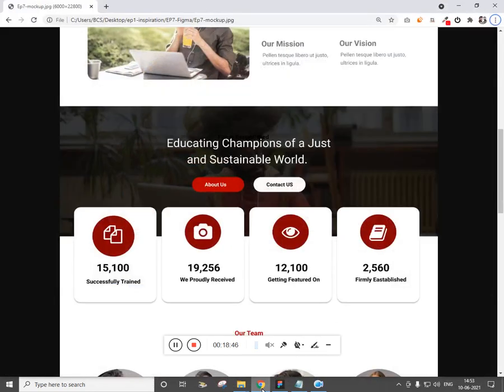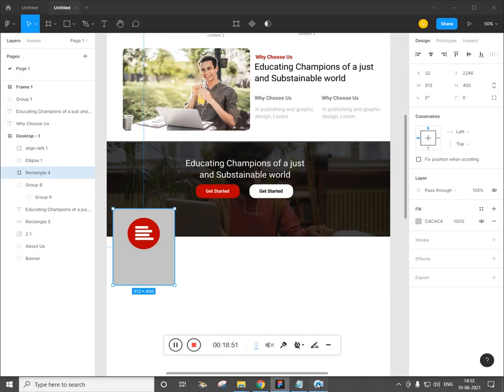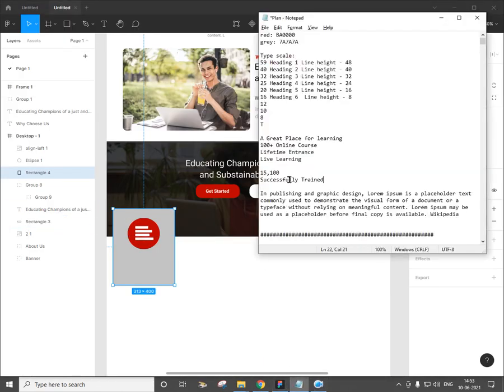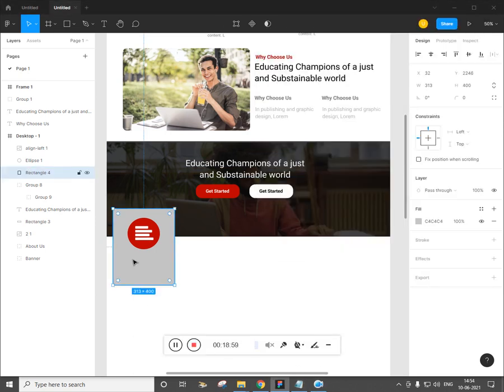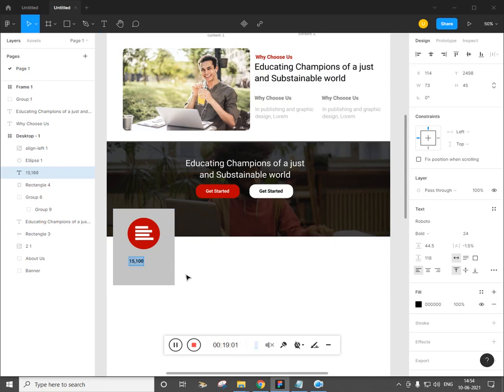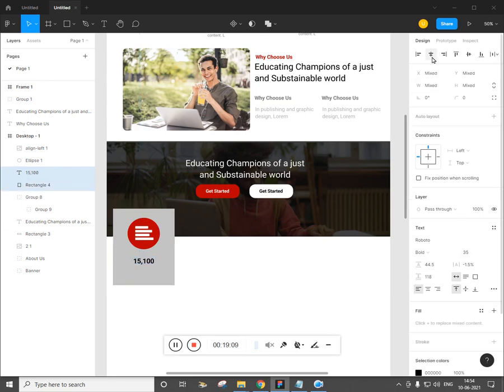Now we just need the text, so let's paste the text. I have copied the text, it's over here. Type T, paste it and make it bigger. Let's say 30 or 35 and select this text and the container, center align it